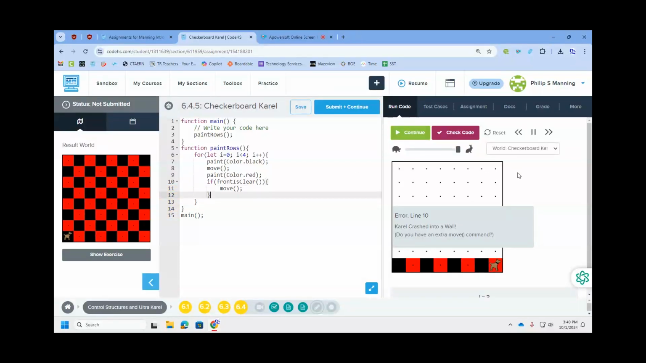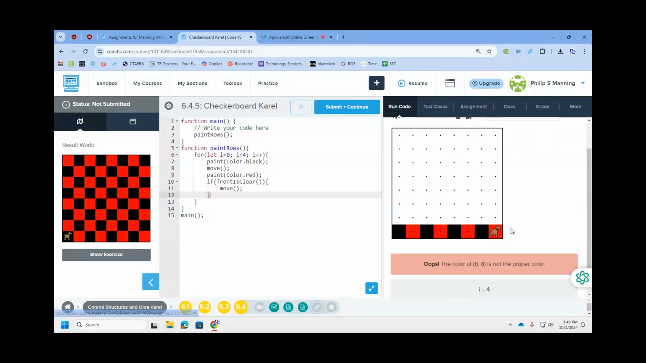Okay, so this is why we do it iteratively. So let's reset the color at 8A. I'm not worried about that. So I've got black, red, black, red, black, red, black, red. Okay. So